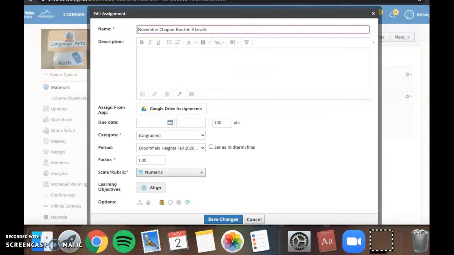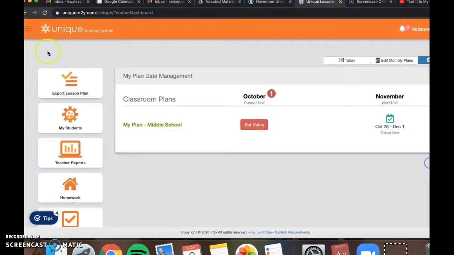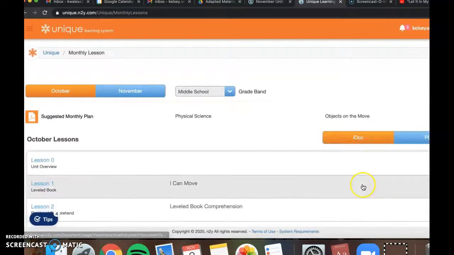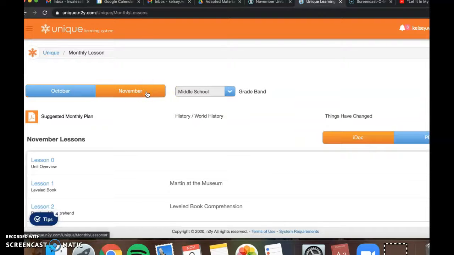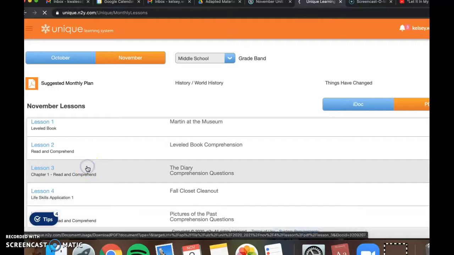So then if I go to Unique Learning Systems, come on, what's happening? I hope this is working, Jan. There we go. So you go to the 3 lines, monthly lessons, make sure it's on November, PDF, and then you go to the chapter book, so chapter 1, and I just save all the levels as one link. So once this PDF loads,